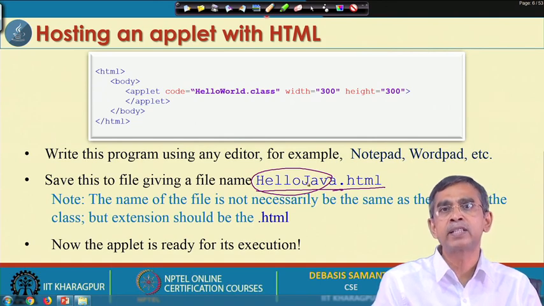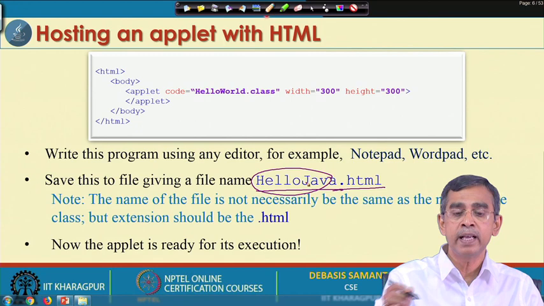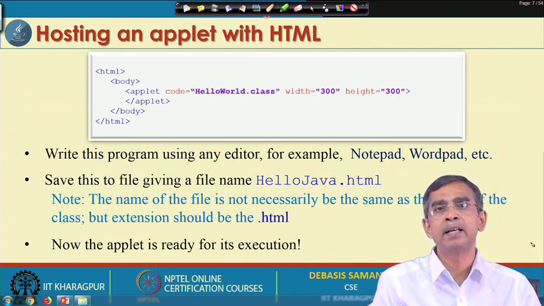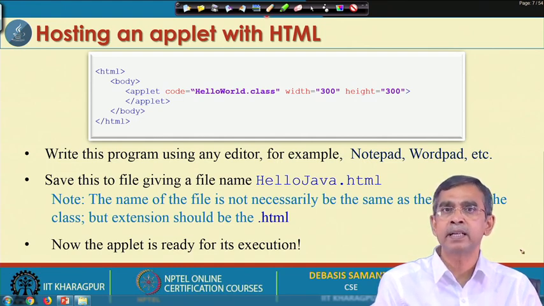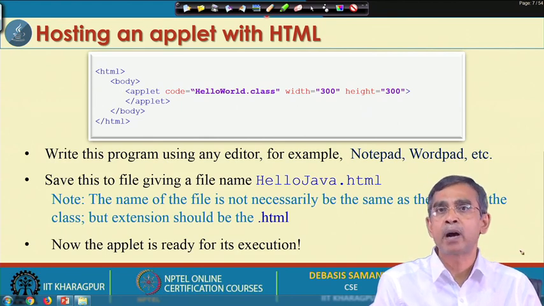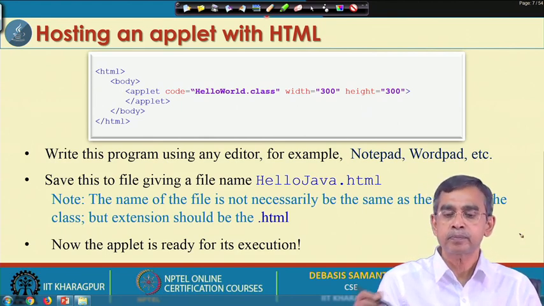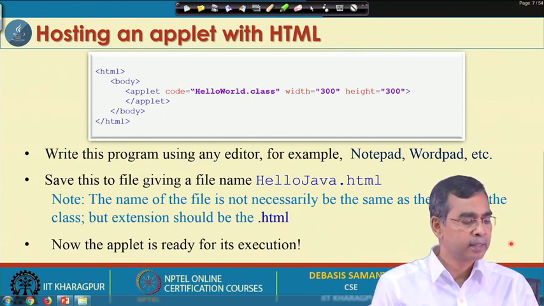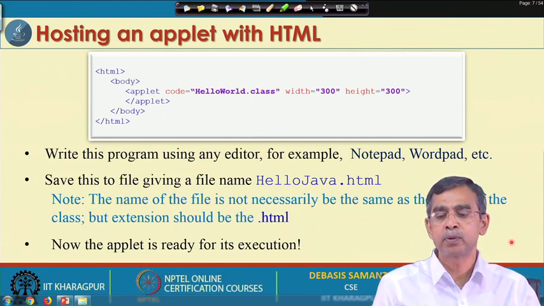Even you can give x.html, abc.html, temp.html, any name. It is not necessary to maintain the same name for the file and the class, you can use any name, but the extension should be .html. So, that HTML can be browsed by any browser. Once you save this program as an HTML file, you are ready to run this program.